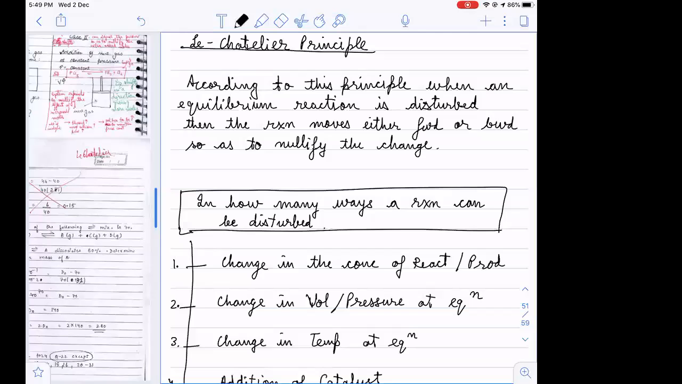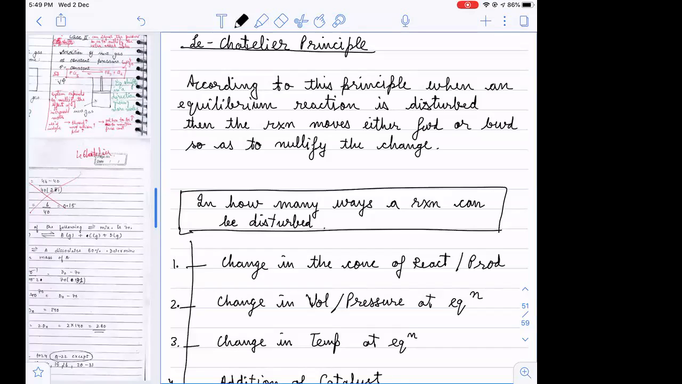Reaction is affected. This principle is only applied to an equilibrium reaction, not any other reactions. So you know that some of the reactions reach an equilibrium. What is equilibrium? Equilibrium is a state where